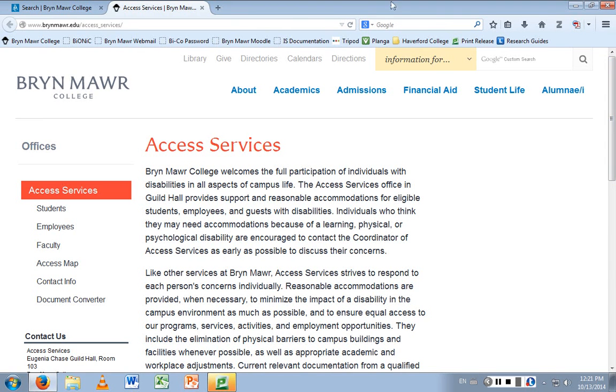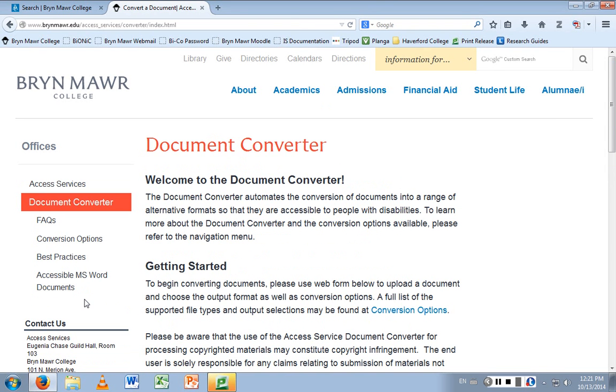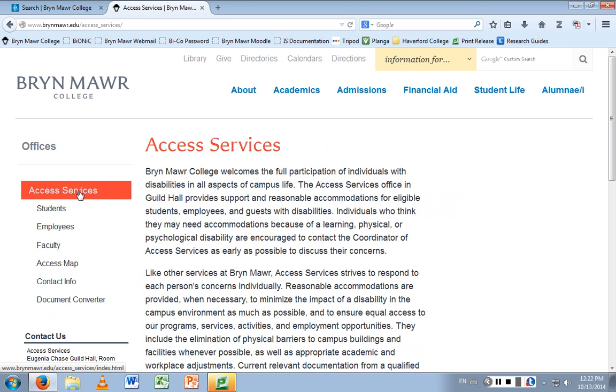And what this will do is it will take most, and like Jen's showing you, all this was just added to the Access Services website as of Thursday last week, so it's still fairly new. Cutting edge. Yeah. So if you go to the Access Services page, Jen just clicked on this, and it gives you a little bit of information.